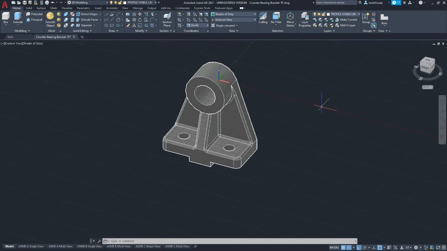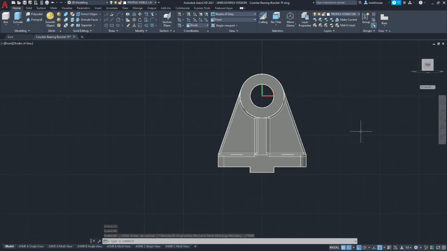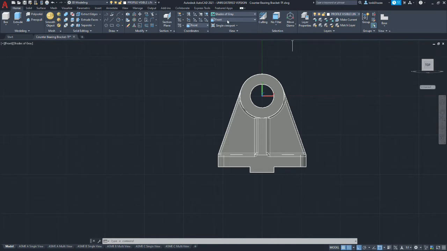Okay, now we're going to set our view as front. So we go to where it says unsaved views and we're going to select front. Now we noticed a glitch or bug in one of the drop-in meetings, and that is even if you have your view set up to project perpendicular to your view, if you are in perspective, one of the views won't generate correctly. So you go over to this arrow here and just make sure that you're in parallel mode and not perspective view. And it should say that here. Your view cube may say something else.